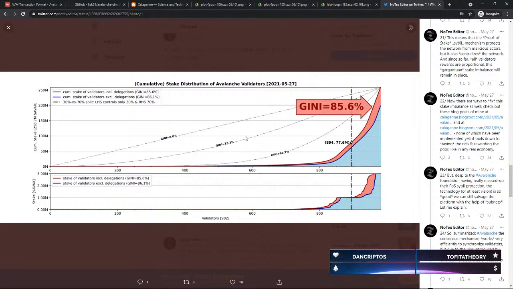Gini might actually drop in this case, but you have to be careful. What I'm saying is simple: you have to increase total value locked to secure your network. You have to increase the number of validators, and it's good for decentralization if the Gini coefficient is low.